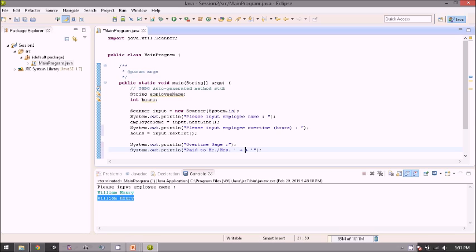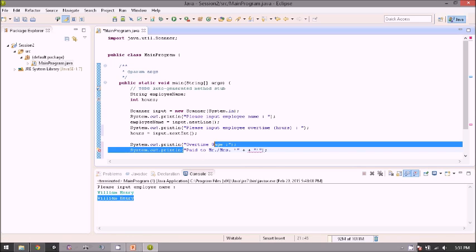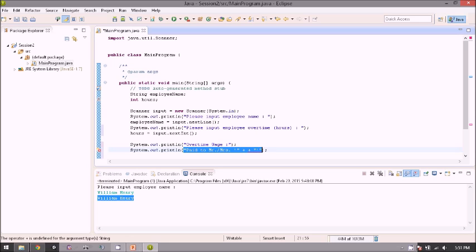And if you want to write a variable to the output inside this string in here, you need to first close the string using the double quotes, and then use a plus sign, and then add the variable you want to write, like this, employee name.